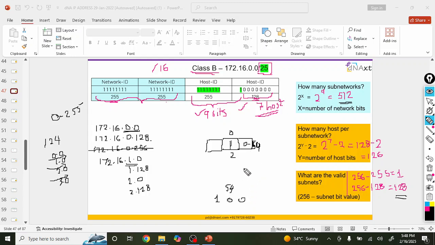Just as your timer runs in the range of 0 to 59, similarly our IP address runs in the range of 0 to 255, right. So when it would be 256, it will not be 256; instead it will be 0 again and the value in the preceding octet will increase by 1. Simply the same as your timer. Okay, so you will get 512 subnetworks, and 126 IP addresses in each of these subnetworks.